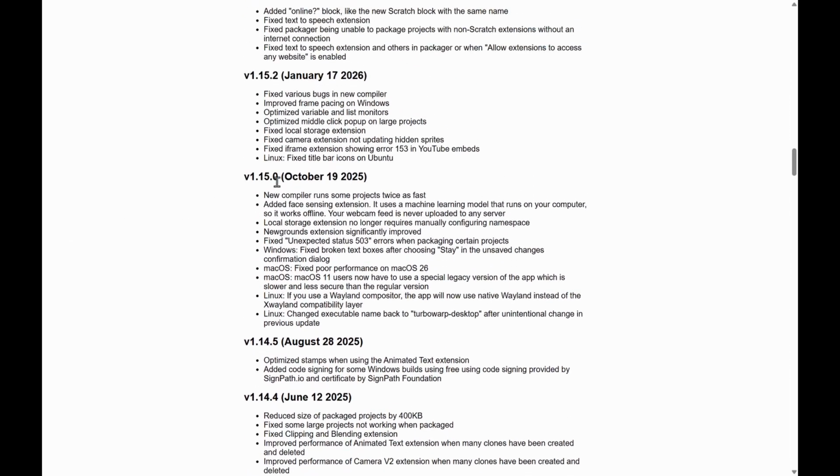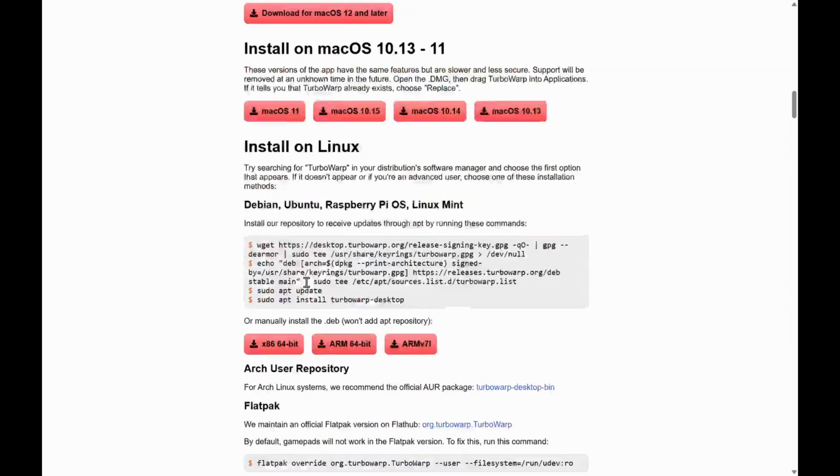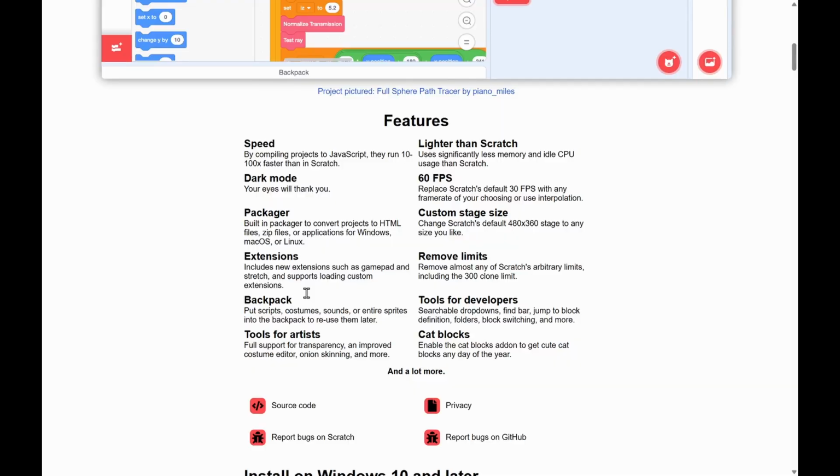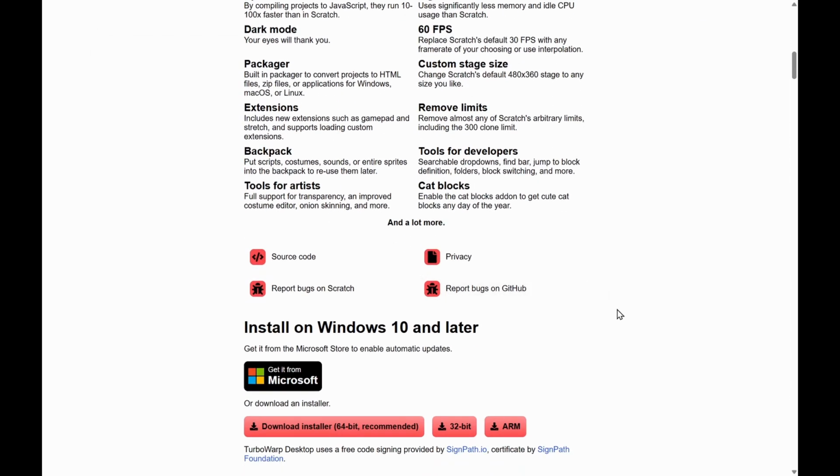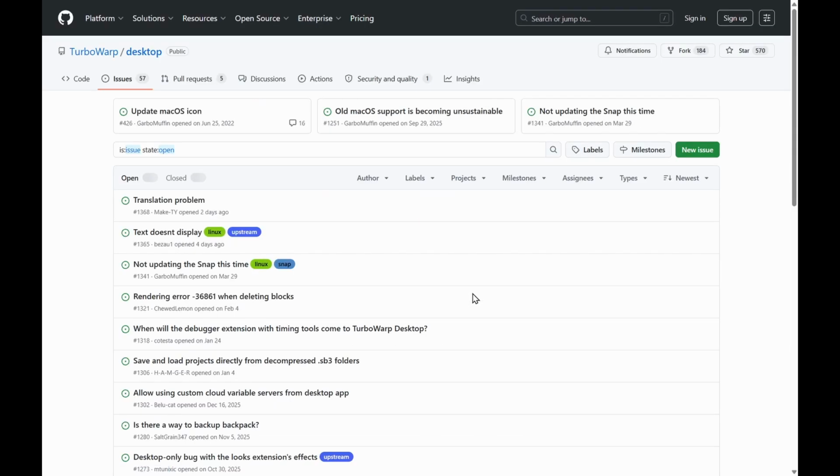And up here on October 9, 2025, there's a new compiler. Okay. Now, unfortunately, because there has been changes with this new compiler, it breaks quite a few things with Cosmo X. So what we need is the 1.14.5 version. Okay. So now remember that 1.14.5 version. Okay. So the quickest way I found is to go to report bugs on GitHub, and then now